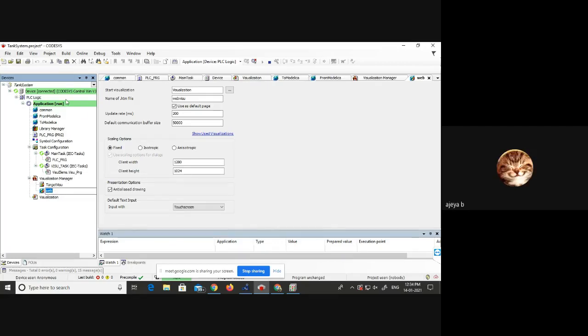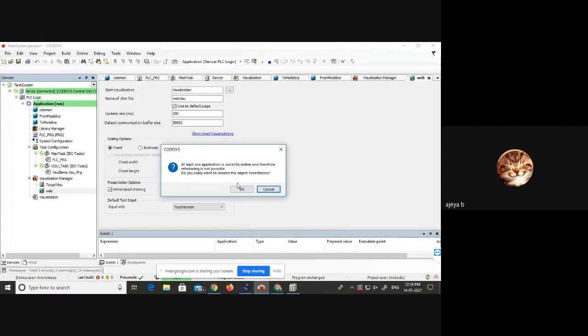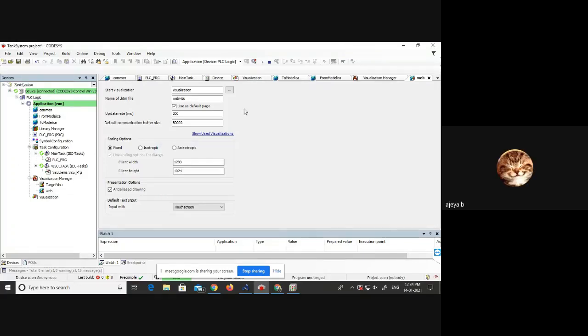Yes, sir. Make it web visu, because the name of the HTML file you have given is the same. So that also you should make the same. You may want to disconnect the PLC. Stop, log out, and then give the name as web v capital visu. You may have to delete it and put it again.